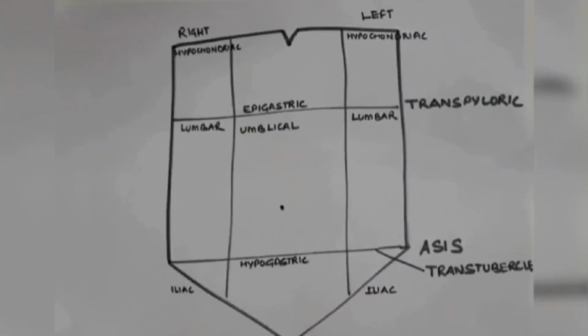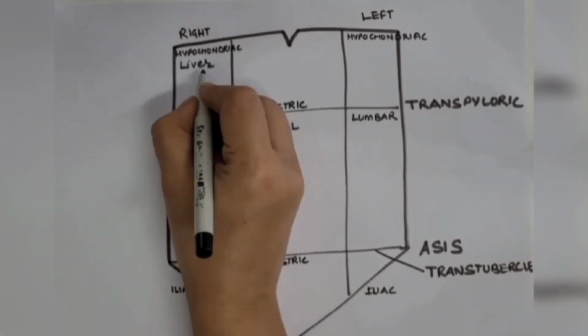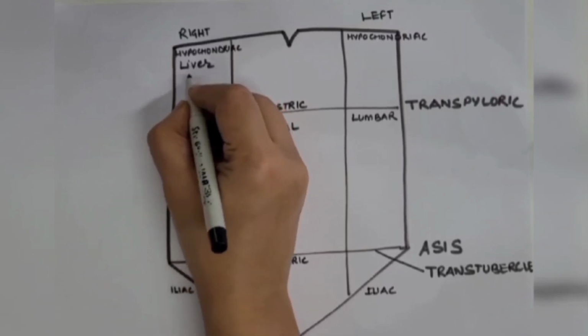Which part of the abdomen is located where? Like the right hypochondriac region, this is called the left hypochondriac region, this is called the lumbar region left and right, and this is the epigastric. Then we have to know about the organs related to these parts. If we have to locate any organ, where will it belong? Like, will it belong to the hypochondriac or the lumbar region? So we should know this structure. Whenever we have to draw the surgical incisions also, we have to keep this structure in our mind. So let us start this.